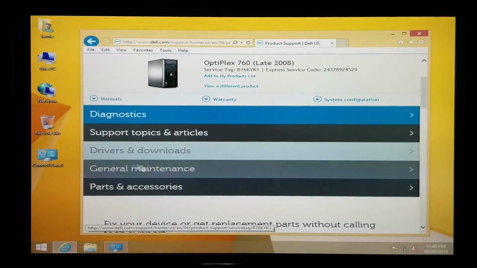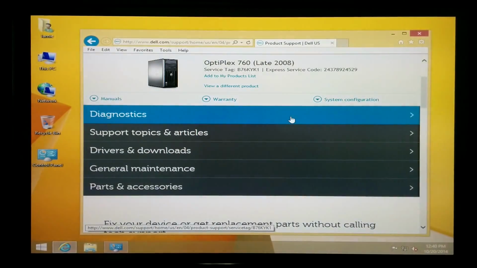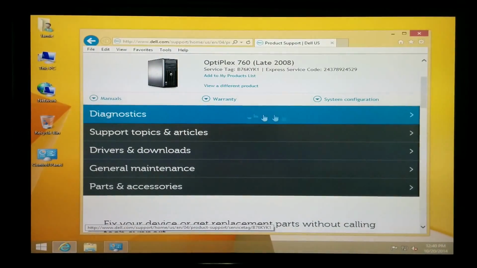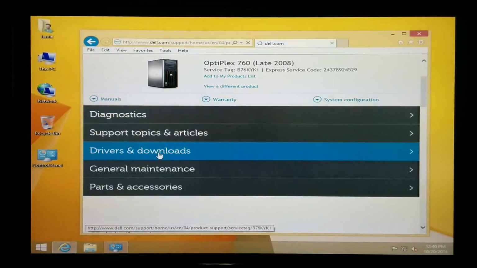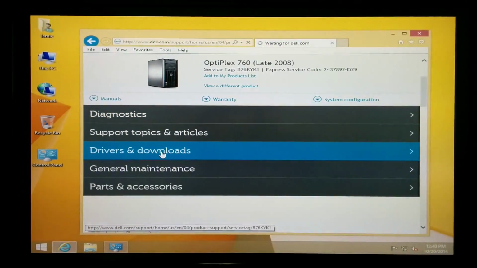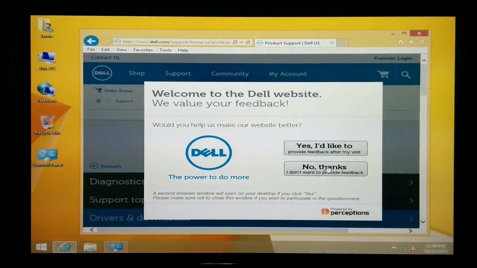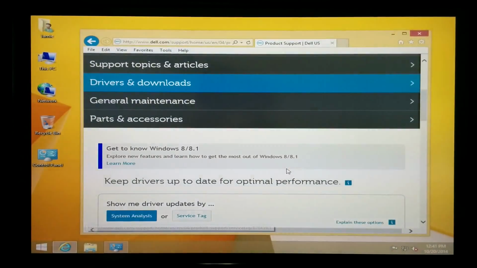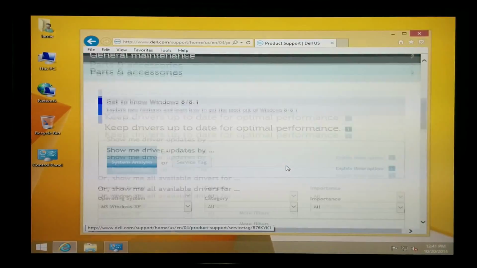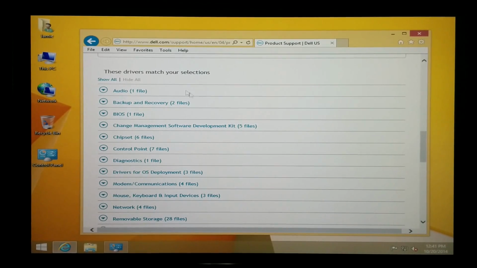So then I just come down here and look for somewhere, it depends, some are different. Whatever manufacturer you go to, on their website, you'll come down here and it says Drivers and Downloads. So you want to select that. Okay. And of course, they had to pop up, no thanks, a pop-up. But once you get into your Drivers and Downloads full web page here, then it'll say these drivers match your